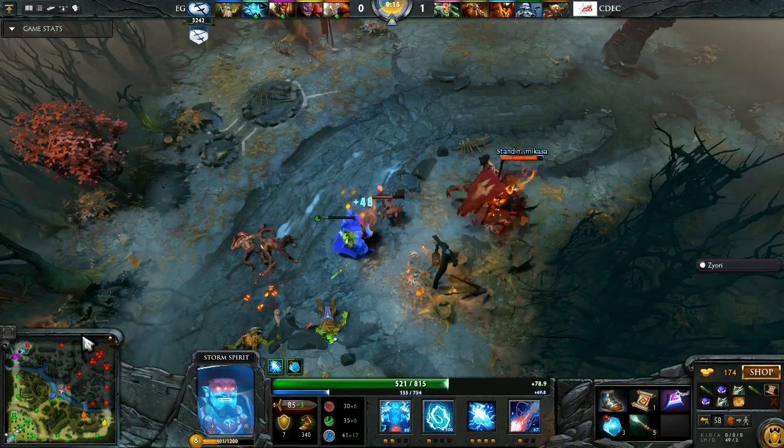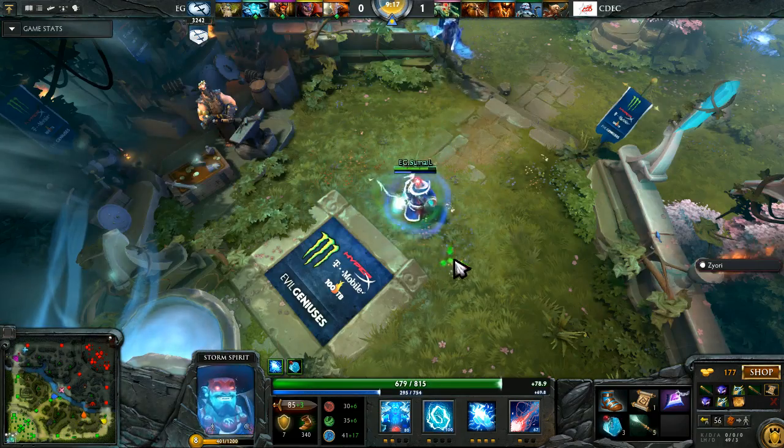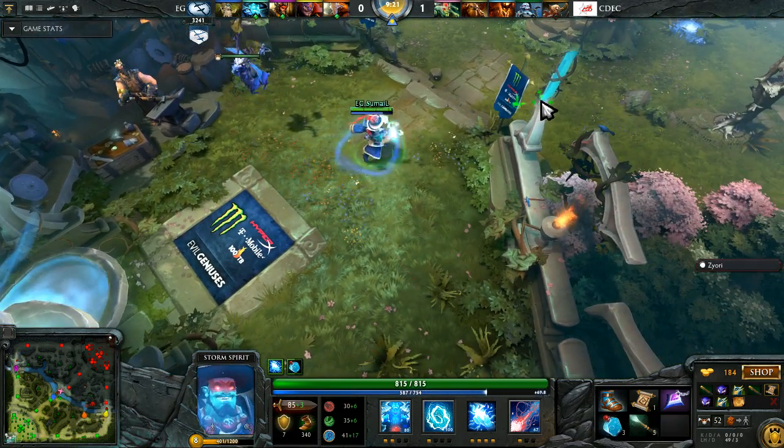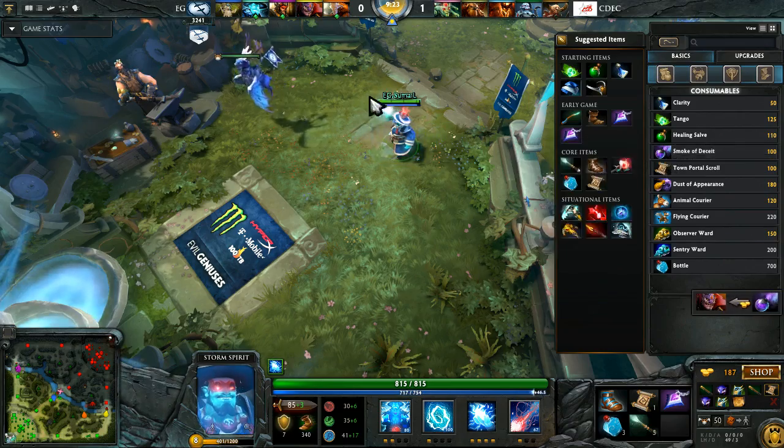Yeah, why would the Lion run up without finger, exactly, to try and do something to the Centaur? It was already... It's a good read from CDEC though. They handled that very well. And here we go. The first smoke...